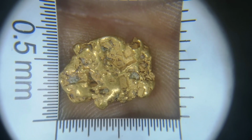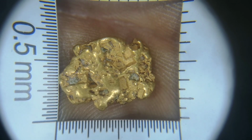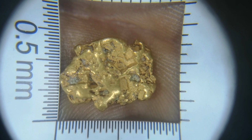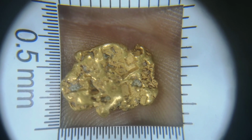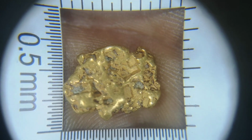So I think that this piece of gold formed next to some other mineral like pyrite. Oh, that forms in cubes. That's the fool's gold, right? Well, it can be, yeah. There's different kinds of pyrite too. Oh, okay. So, anyway, I believe that this piece of gold formed next to something like pyrite. And then the pyrite left, and you know what happened? Indentations, and then the pyrite got...